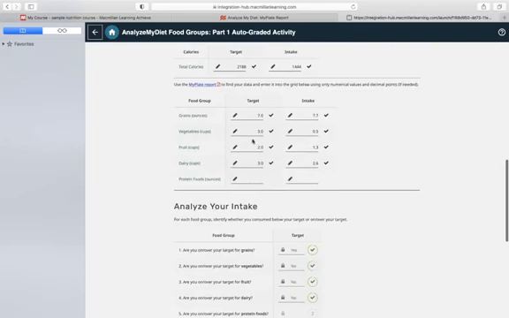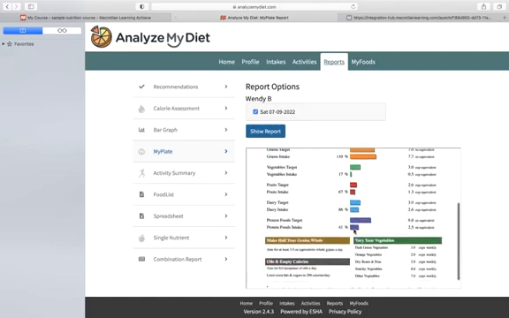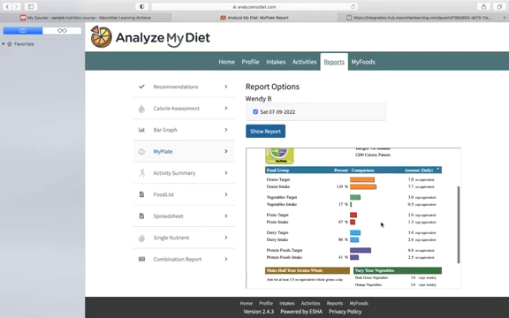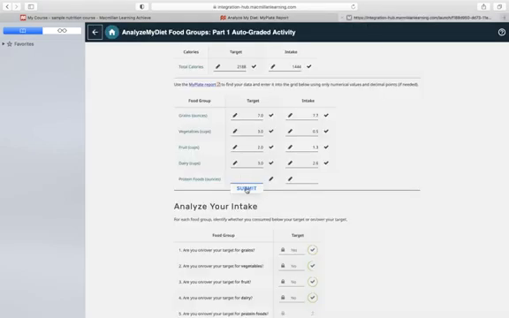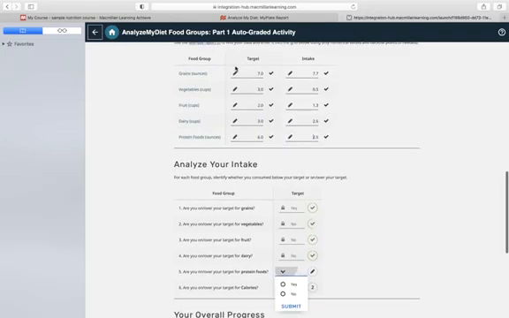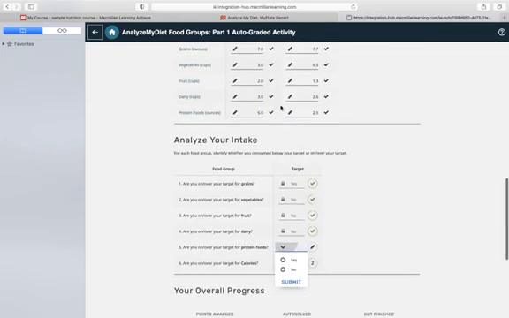So I filled in the beginning ones, but if I go to my protein foods and look at the report, my target is 6 ounces. It compares my target to my actual intake. So my target was 6 ounces and my actual intake was 2.5 ounces. And so I can put right here that my target was 6 ounces and that I consumed 2.5 ounces. And that then allows me to think about what my target versus my intake is. And then